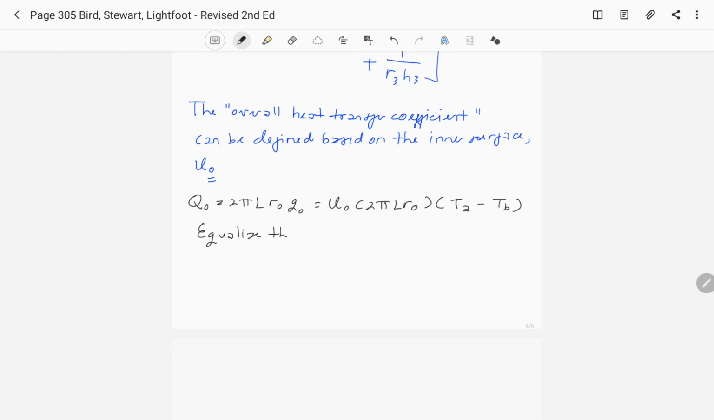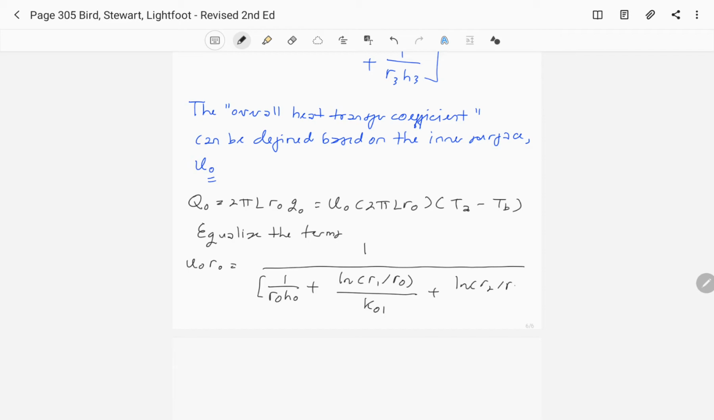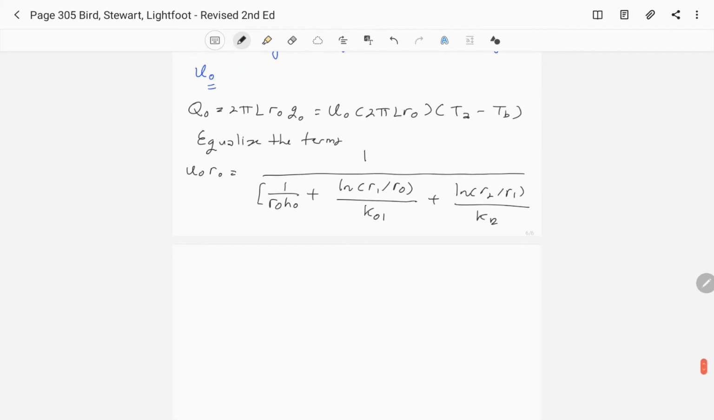Then we can equalize the terms, so that we have basically U naught R naught equal to 1 divided by 1 over R naught H naught plus ln R1 R naught divided by K01 plus ln R2 R1 divided by K12 plus ln R3 divided by R2 divided by K23 plus 1 divided by R3 H3,